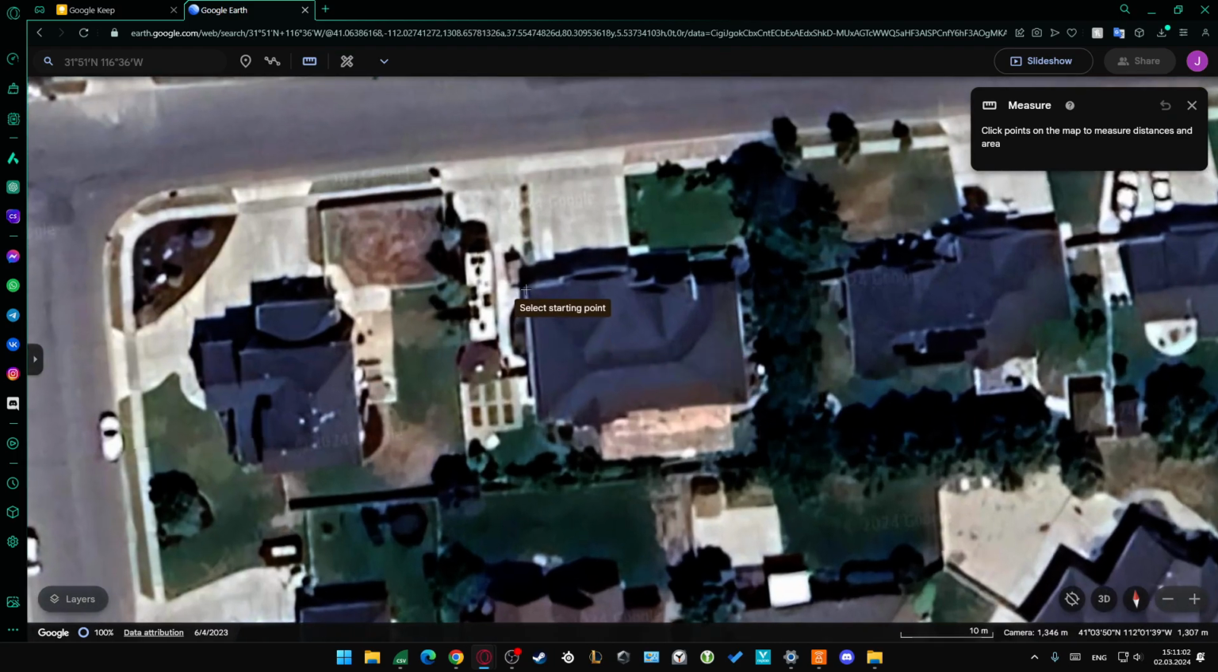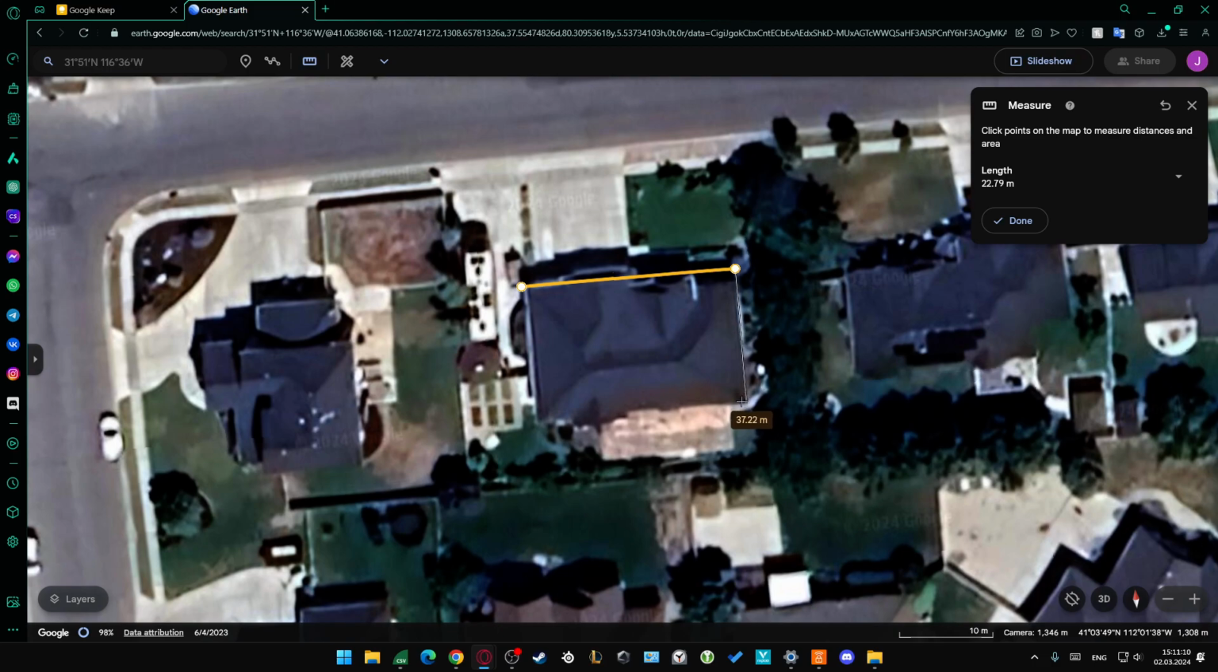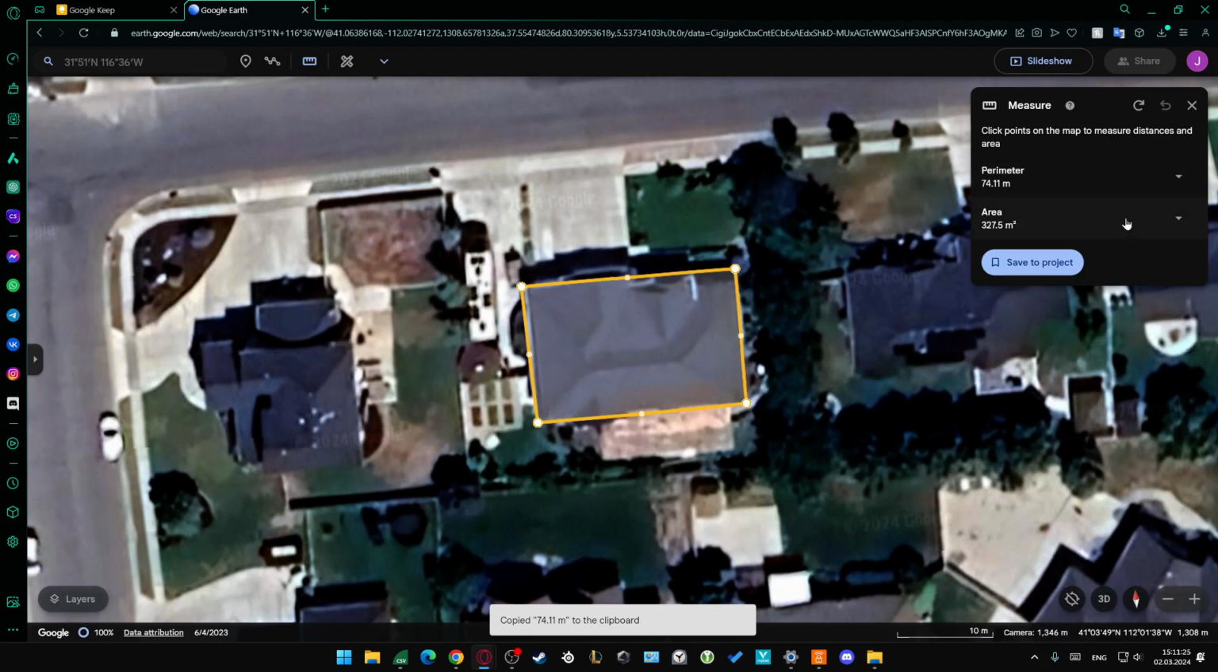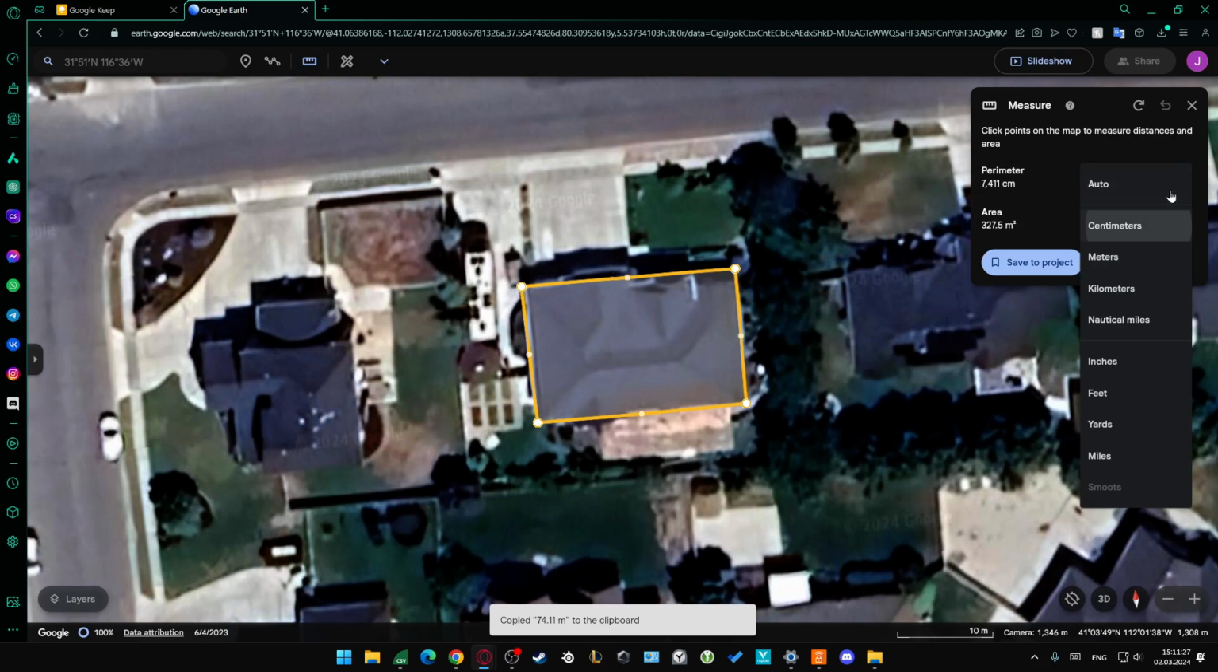Let's click with the left mouse button. Then when you find a second point, click on it with the left mouse button one more time and just repeat until you measure your roof. I know it's not perfect, but that's just a quick example of how it works. And that's basically it. From this, when you click on the right side, you can also change between the centimeters,